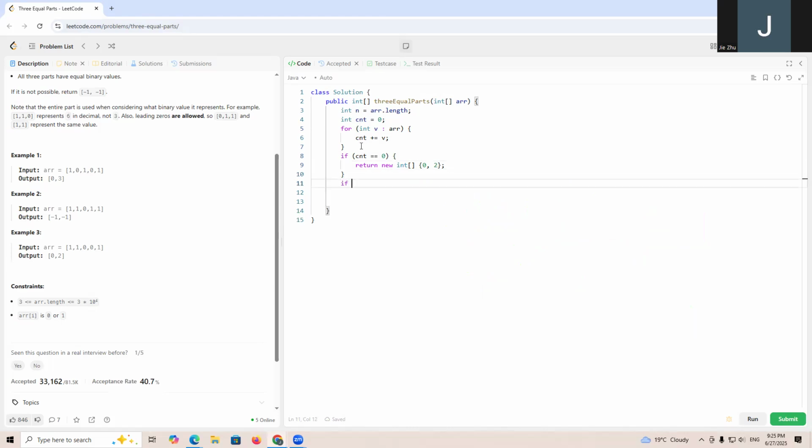And the second thing is that if this count mod three does not equal zero, which means it is not divisible by three, then we should return minus one. Else, we have k equals count divided by 3, and we have index 1 equals minus 1, index 2 equals minus 1, index 3